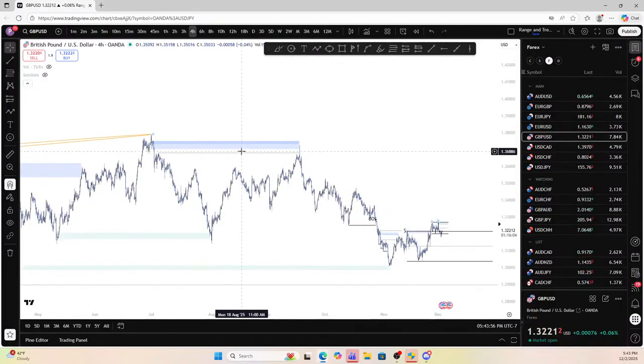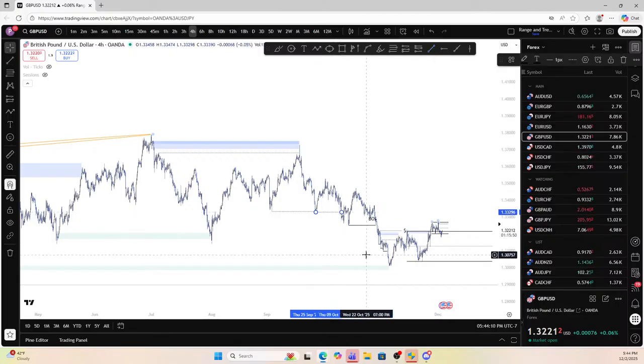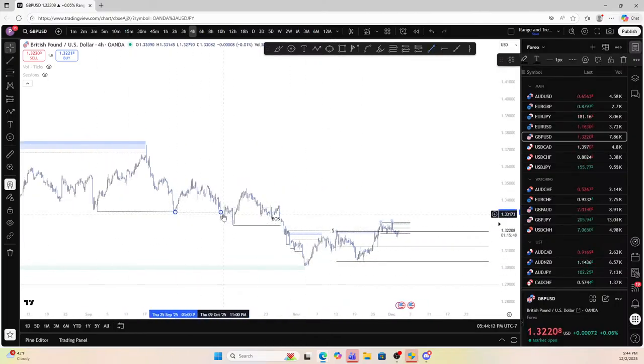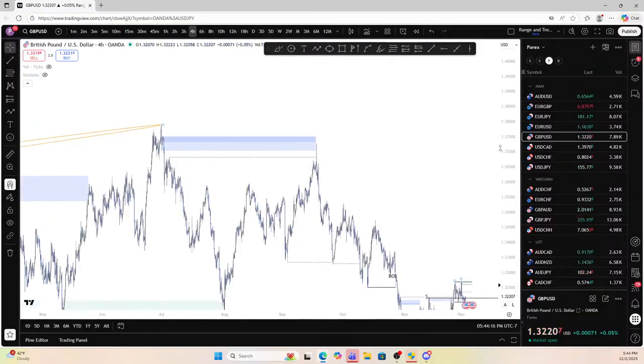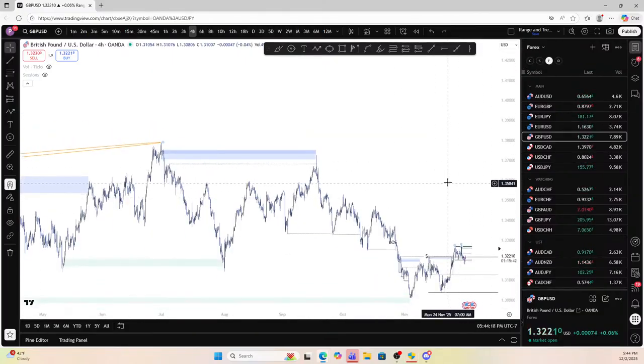So that's a liquidity point that got taken out. These are liquidity points that are getting taken out. And this is how we can identify price exhaustion as things keep going down and they don't go down so much anymore. So we'll get into liquidity and why and how we use that in our trading in a future